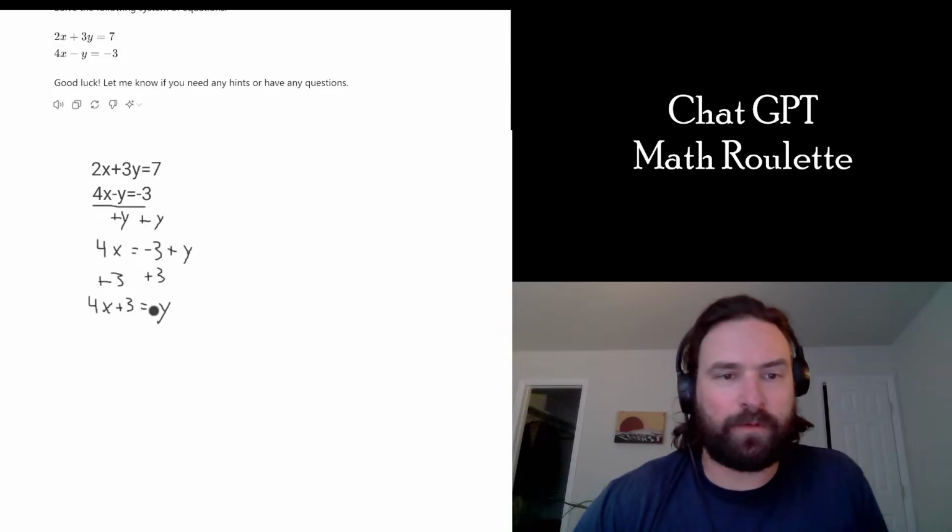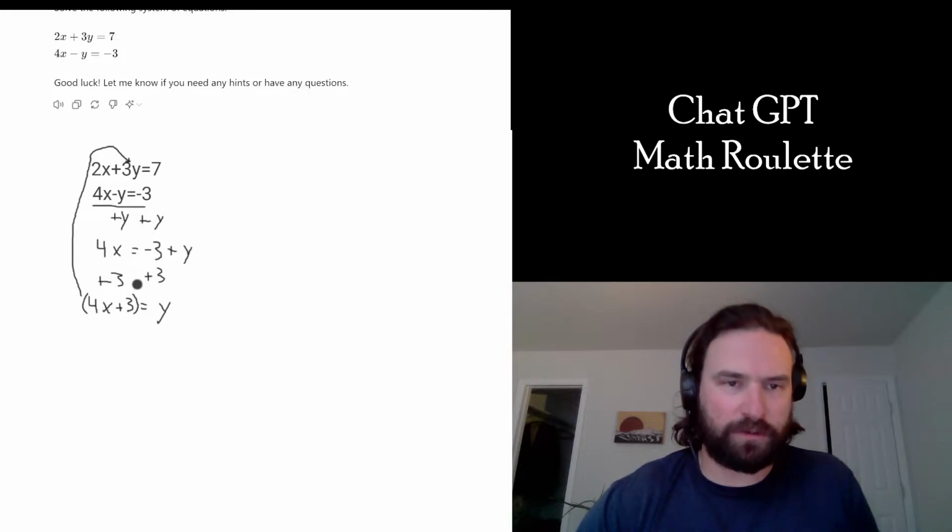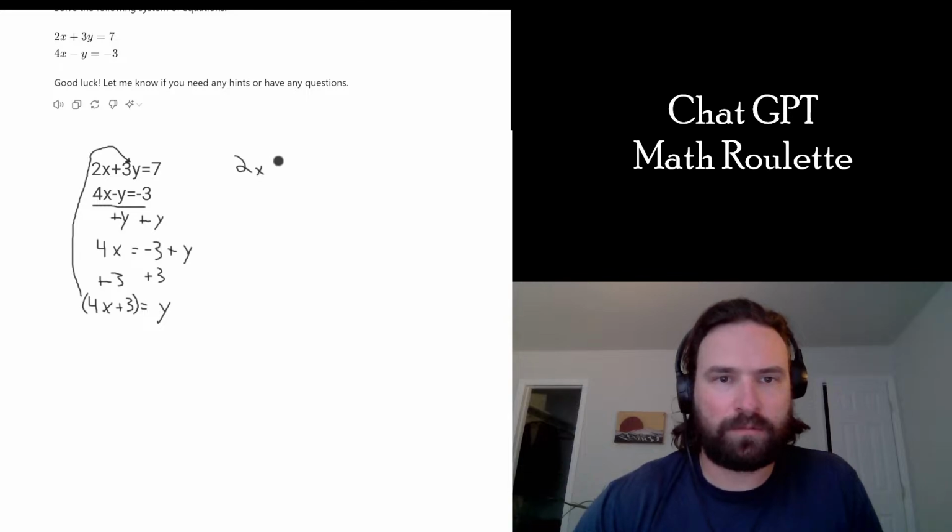And now that I have something that equals one of the variables, I can take this right here and plug this in for the y in the other equation. And that's where the substitution comes into play. We're substituting this thing that we made equal to y in for the y in the other equation. So that's going to give us 2x plus